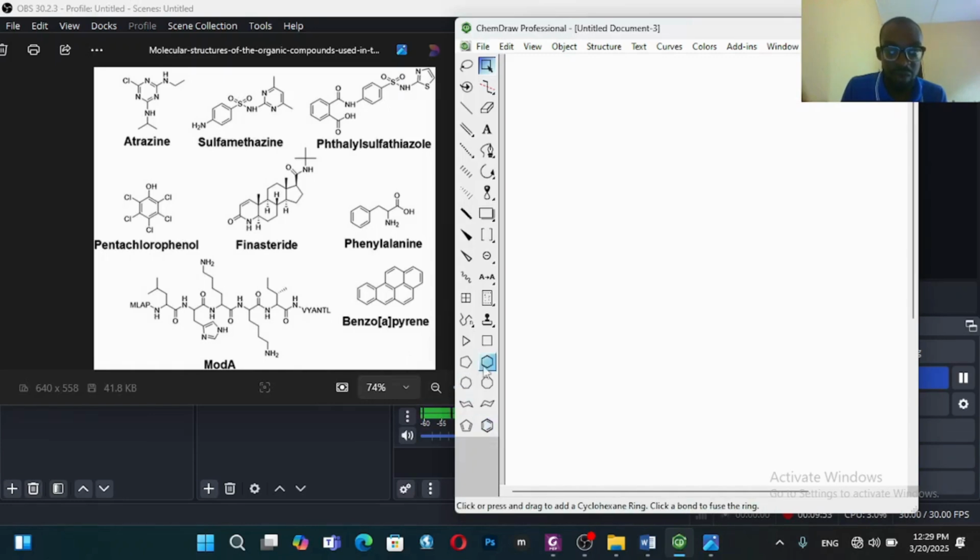So now we use this cyclohexane. 1, 2, so go here, 3, and then here you go, and then you click on this. Now you can see the basic structure already coming out. Now choose the double bond to have this. And then we want to add this wedge bond. You can see this is a wedge bond. So click on this and then simply